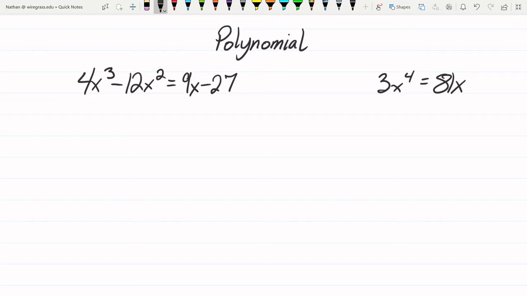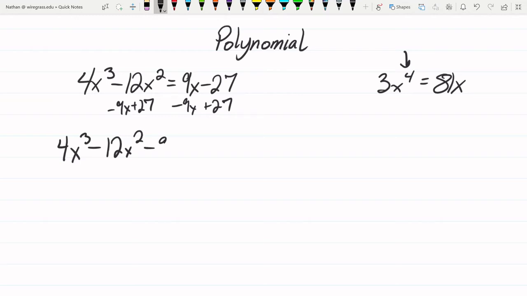But for these ones, we have an x cubed. That's the highest power of x, and then x to the 4th. These happen to be ones that we should be able to solve using some strategies. So for this cubed one, I'm going to get everything over to one side. I'm going to subtract the 9x and add the 27. That gives us 4x cubed minus 12x squared minus 9x plus 27,